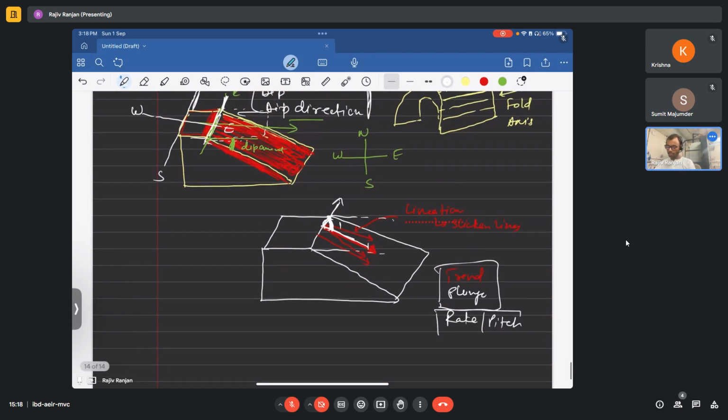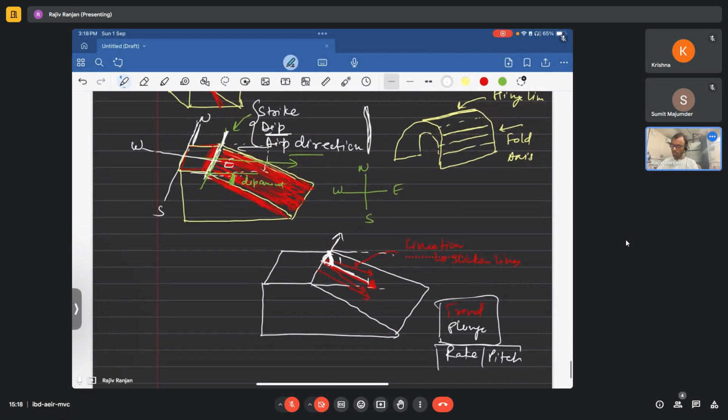And remember that dip amount or plunge amount is measured in a vertical plane. If you can see me, suppose this is a horizontal plane and this is the lineation, you measure the angle from the horizontal to the lineation in a vertical plane. This angle will be your dip or plunge. In case of lineation, this will be plunge. In case of a plane, this will be dip. I hope the basics are clear now, right,